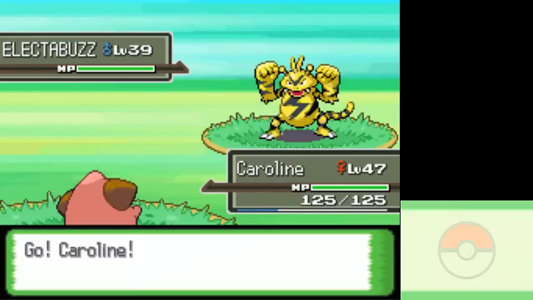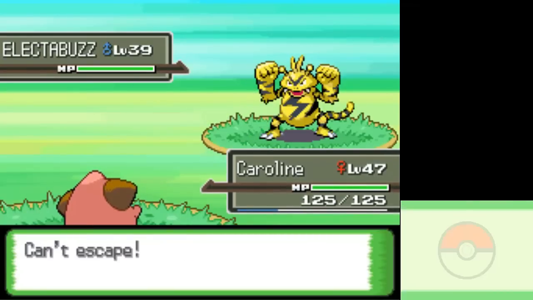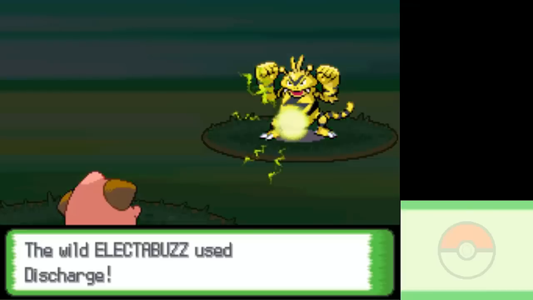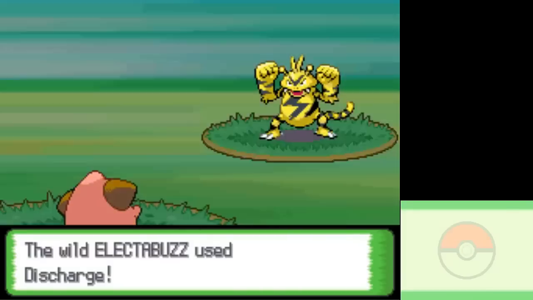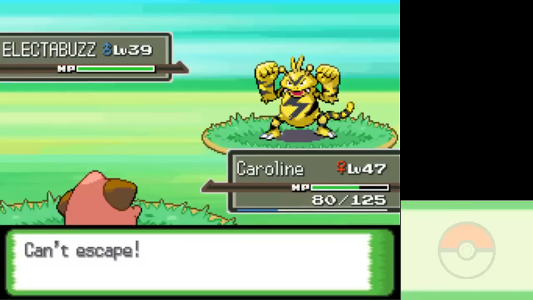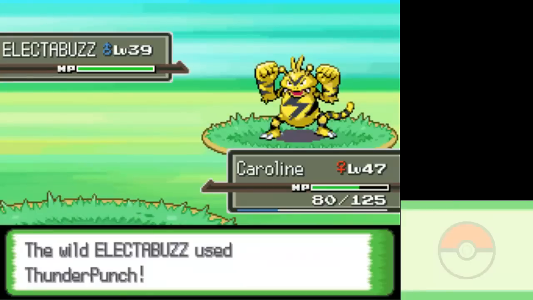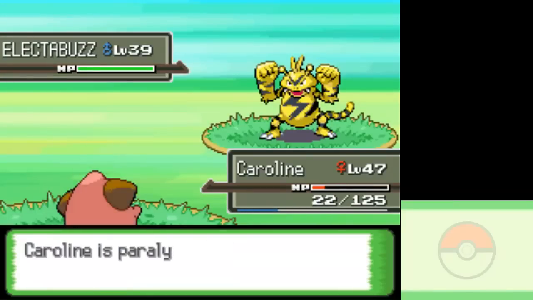So, since Electabuzz is on this route, that means I can breed an Elekid, which is pretty much outright better than Pichu. Here's the thing, though. I don't really want to use an Elekid, and I don't really have much of a reason for this other than just